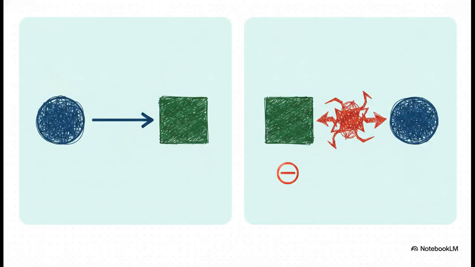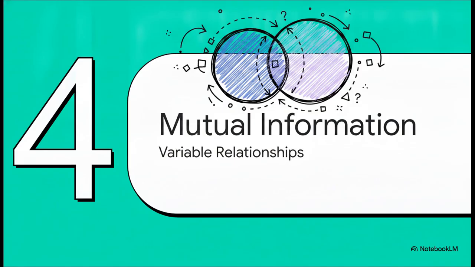Now, here is a truly fascinating quirk. KL divergence is strictly asymmetrical. The penalty for substituting reality with an approximation is not mathematically reversible. The distance from P to Q is absolutely not the same as the distance from Q to P. This tells us that measuring the divergence between a complex reality and a simple model behaves fundamentally differently depending on which direction you are looking from. It's a one-way street.